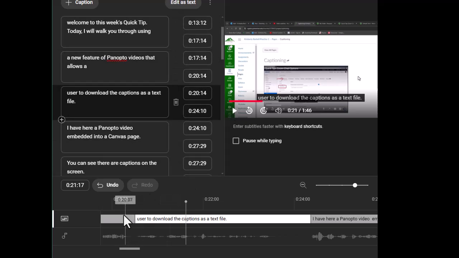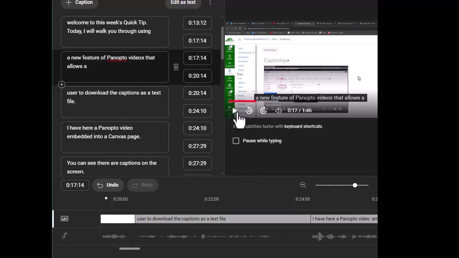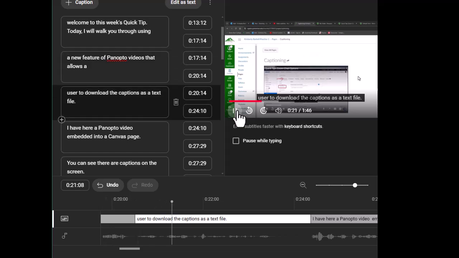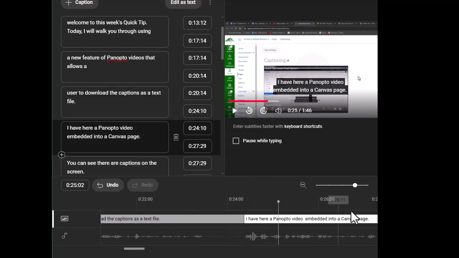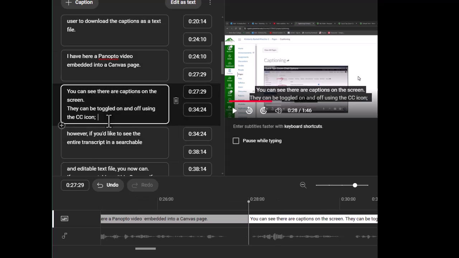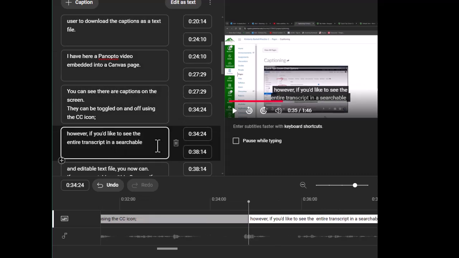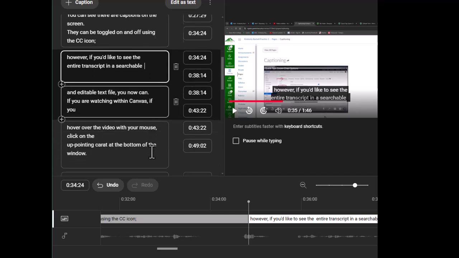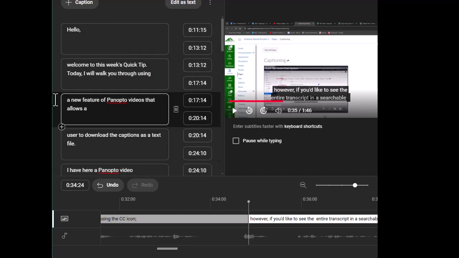It's a little bit clunky, it's not very intuitive, but it is a way that you can go in and tweak and edit the captions to your liking to make sure that they're lining up correctly and that there's not too much on the screen at one time for someone to read as they're going through the captions or the video with captions turned on. When you're happy, press publish, and you will have updated the captions for your video.